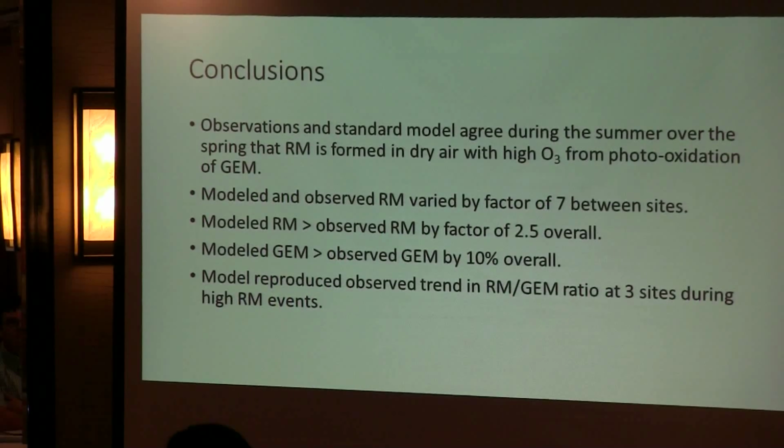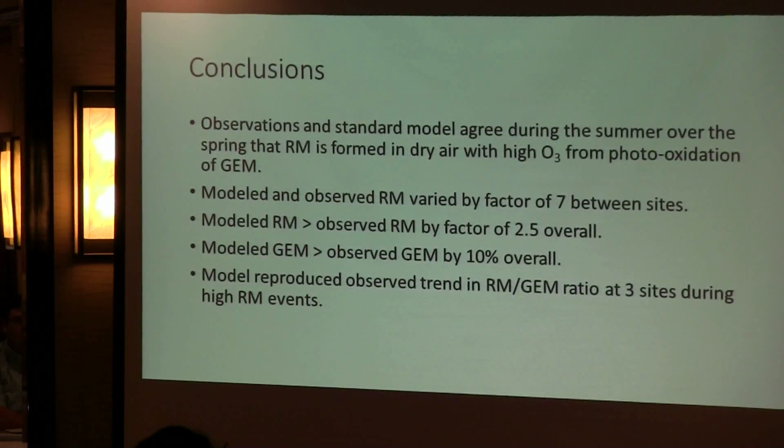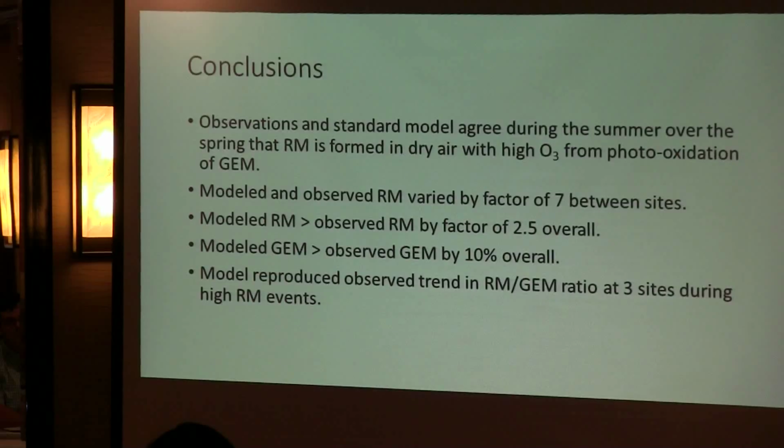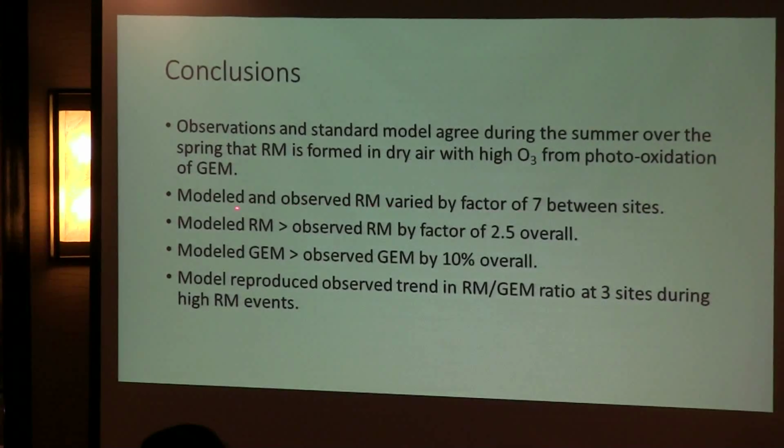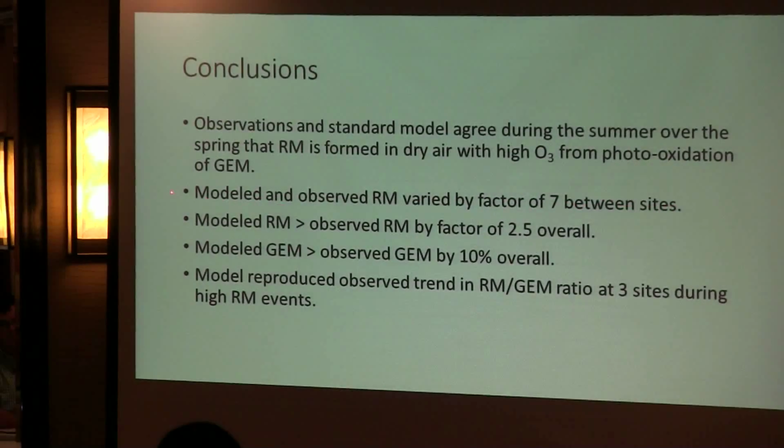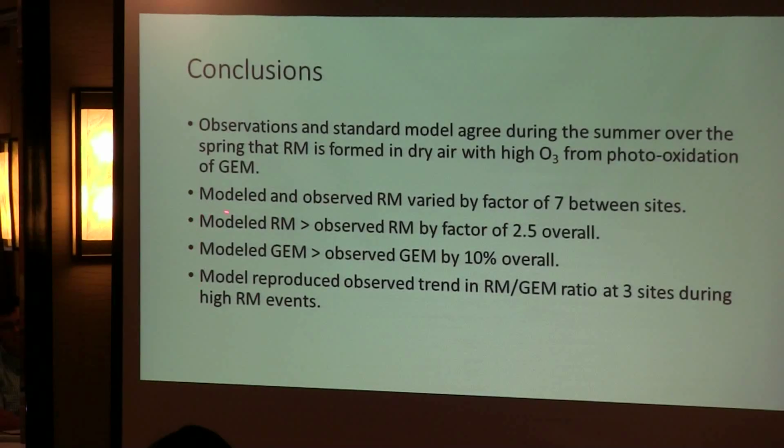Okay, so anyway, I'll just wrap up here with the conclusions. We see that we can determine that photo-oxidation of GEM in the free troposphere is important, but it's mostly important in the summer over the spring. We saw equivalent variability across the sites in the model and the observations. The absolute comparison showed an offset both in RM and GEM,